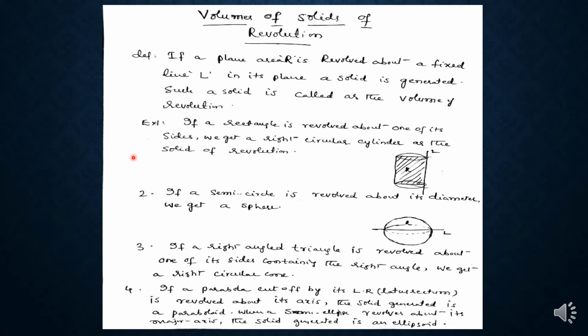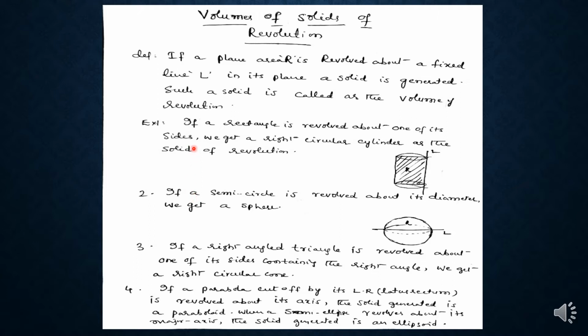We know what the volume of a sphere is. The volume of a sphere is 4/3 pi r cube. And what is the volume of a cone? It is 1/3 pi r square h. What is the volume of a cylinder? That is pi r square h. Thus we have some formulas for the particular structural shapes. But if we want to find the volume of an unshaped area of the solid, then we can use integrals to find such types of solids.